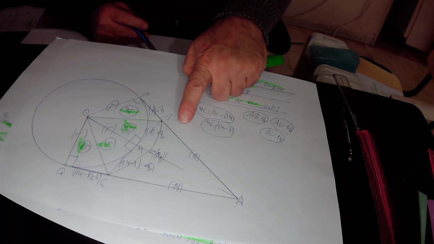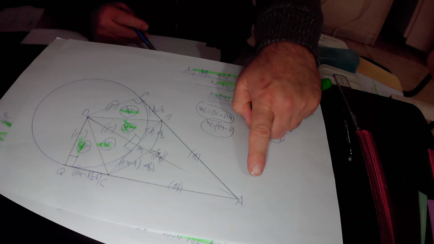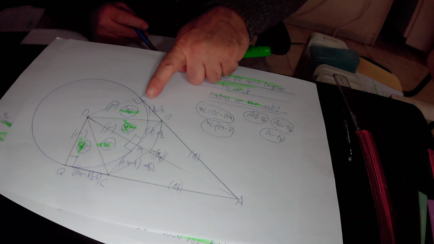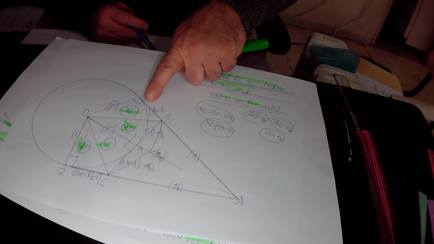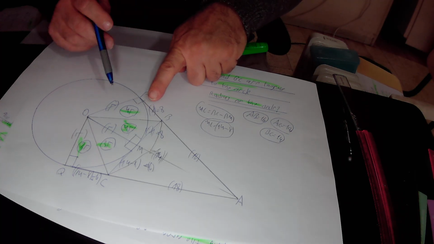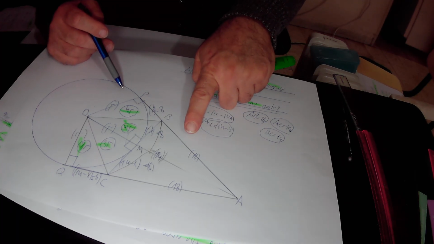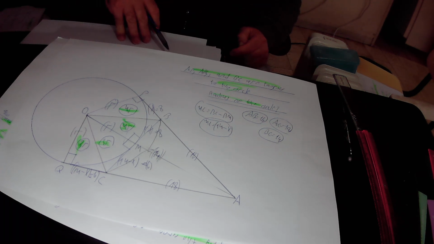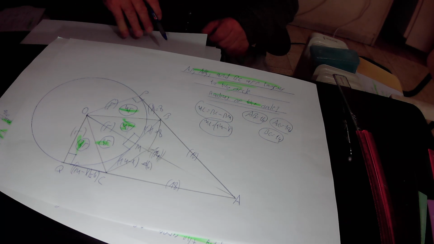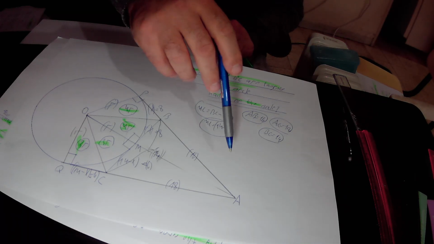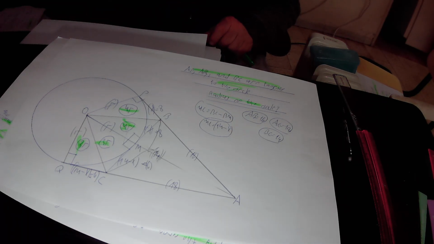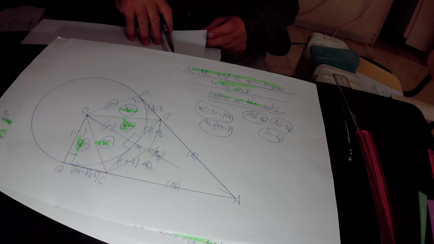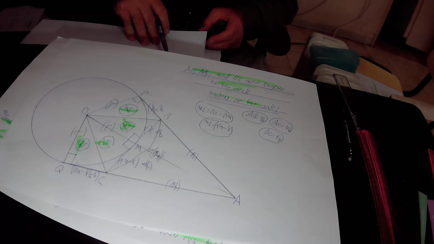So in total, the area of quadrangle APOQ will be equal to 14R, that is the sum of the areas of those 4 right triangles, plus the area of this missing triangle ABC. So now we found out that the area of this big quadrangle APOQ, according to the second method of calculation,